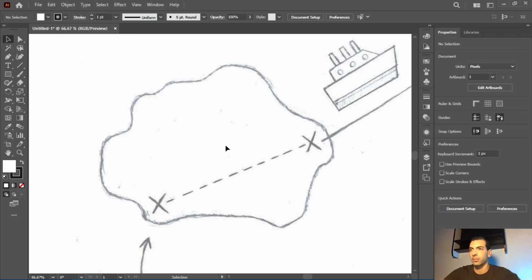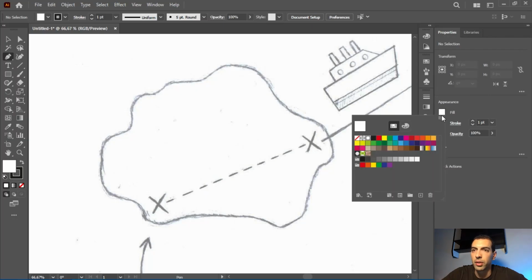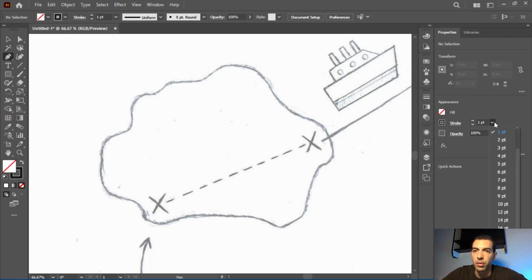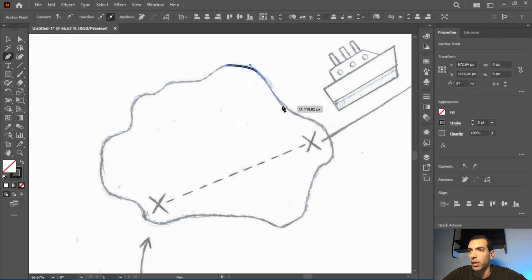I'm going to zoom some more and choose the pen tool. I'm going to set the fill to none, stroke black and stroke weight 5 points, and I'm going to start from here. Click 1 point, click and drag, click and drag, click and drag, click and drag, click and drag, click and drag, click and drag like this,